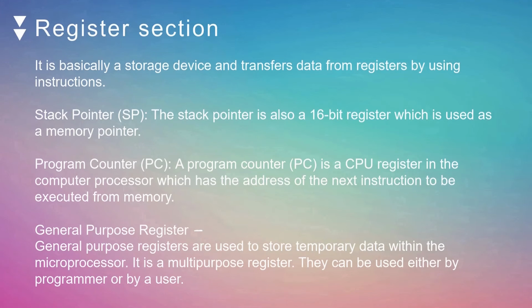Next, we have the memory address register or MAR, which is a CPU register that either stores the memory address from which the data will be fetched from the CPU or the address to which the data will be sent. Next, we have the memory data register. It is also a register in a computer's processor, or the central processing unit, that stores the data being transferred to and from the immediate access storage.